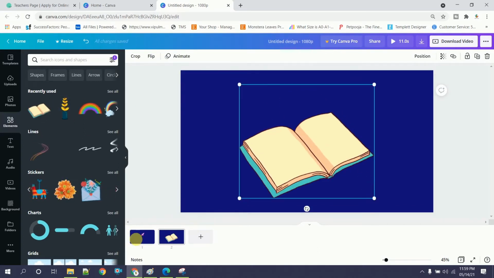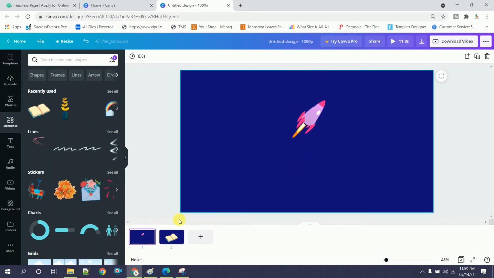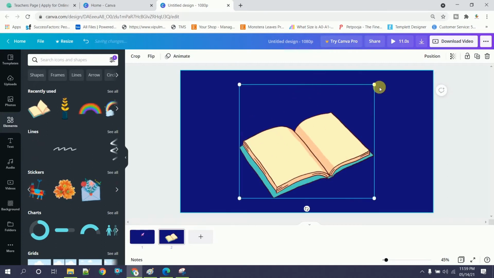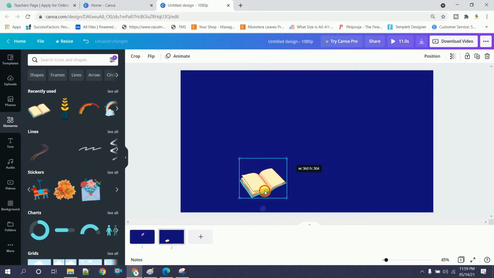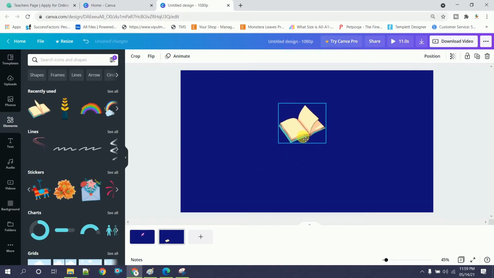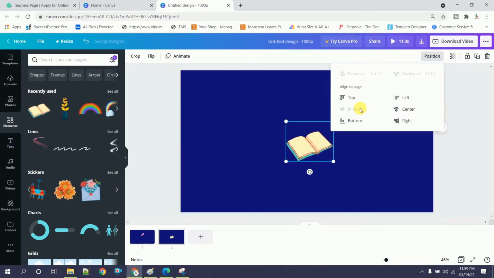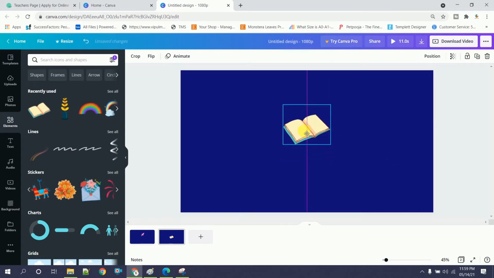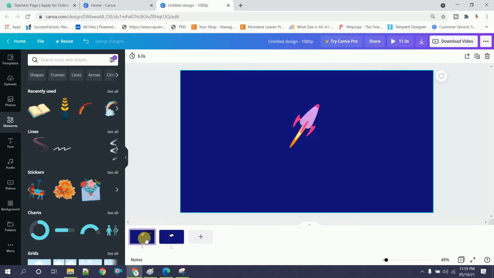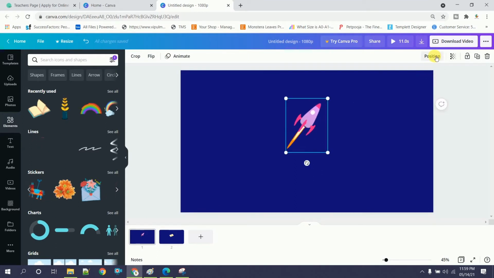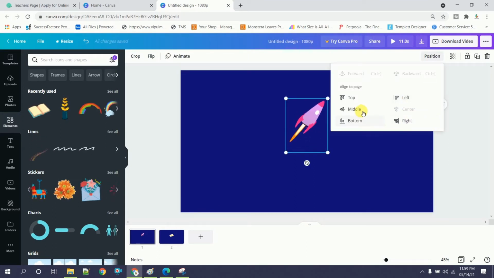Now maintain the size of the elements throughout the slides so that it looks uniform. So yeah, I have placed it almost at the same position. Now to place it in the center, you can use this position feature. Now I'll just make sure that both look uniform, and just checking that it is also in the center. Okay, not in the middle, it is in the center.